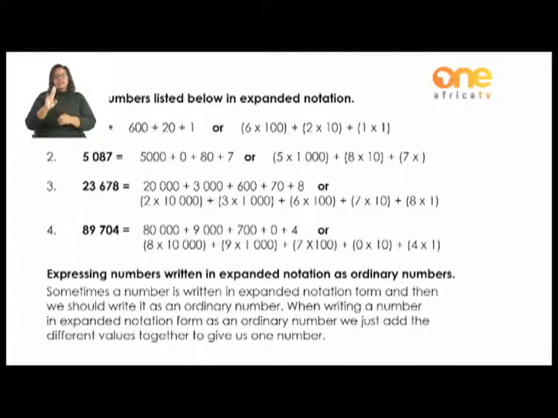23,678. That is equal to 20,000 plus 3,000 plus 600 plus 70 plus 8. Or if we use the multiplication, it's 2 times 10,000 plus 3 times 1,000 plus 6 times 100 plus 7 times 10 plus 8 times 1. Then we've got one more example,